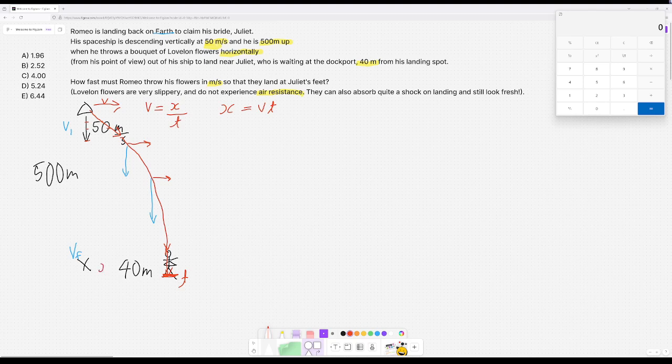So what do we have? We have x is 40, and we have the vertical y, here it was 500. So what we have here is 40 meters over t time. Now the question is, we don't know what this time is, but we can make a guess. Let's just make a simple guess. We know that